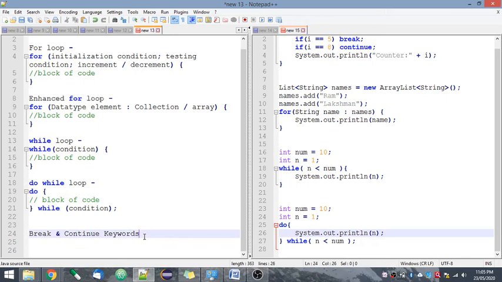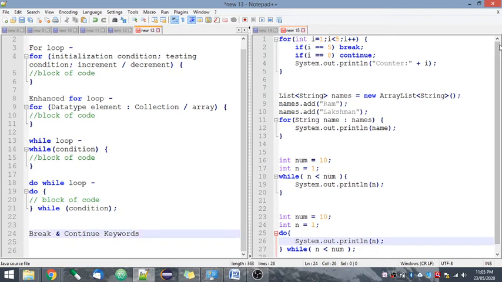Now the last thing is the break and continue keywords. So here I have used break and continue in my example. The break keyword is basically used if you want to stop or come out of your loop, or stop the iterations within your loop.